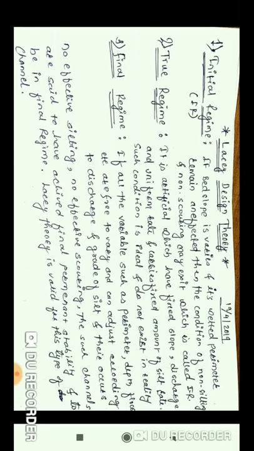On the basis of his study, he observed certain drawbacks in Kennedy's theory. Since, as we discussed, Kennedy considered only the eddy generation from the bed itself, and he neglected the eddy generated from the sides. Lacey observed these drawbacks in Kennedy's theory, and he developed his own theory for design of alluvial canals. So he defined three regime conditions, as we see in the slide: initial regime condition, true regime condition, and final regime condition.